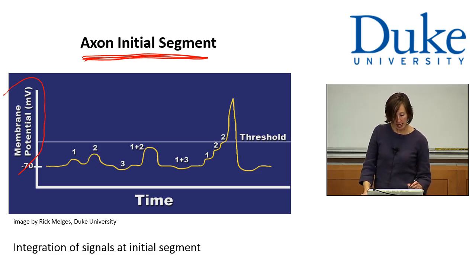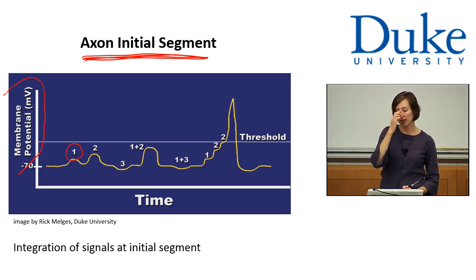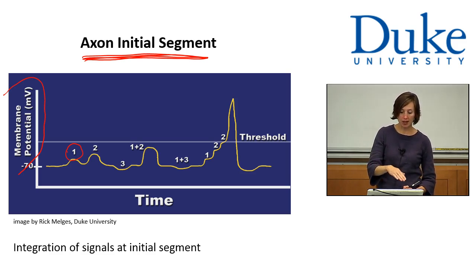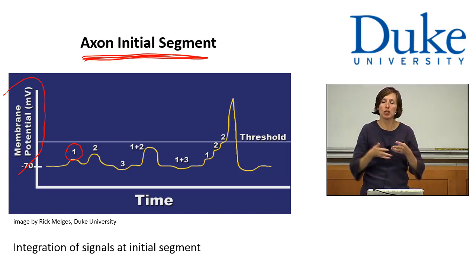So here we have synapse 1, where when that neuron releases a little bit of neurotransmitter, it causes a little bit of a depolarization of the membrane that reaches the axon initial segment. So let's say it causes some sodium to enter the